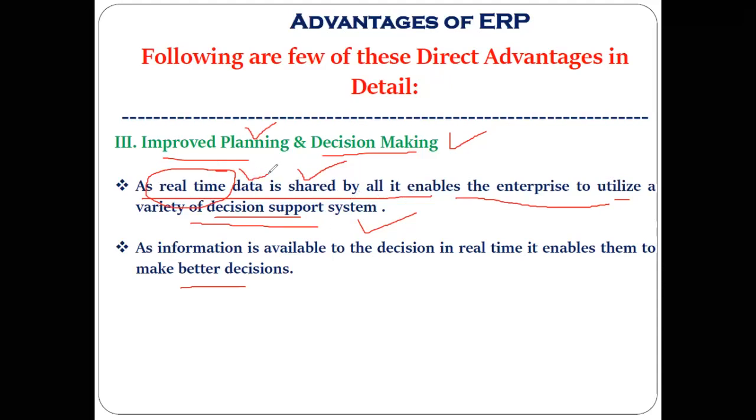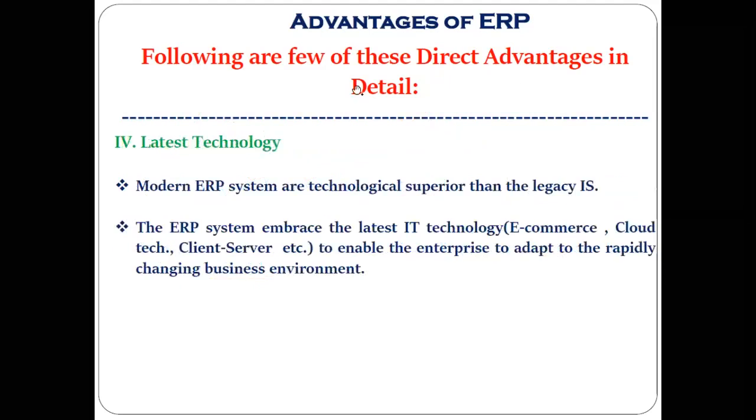If this kind of information is shared within all the enterprise's departments in very little time, with very little delay, definitely because of that, decisions can be made in real time. Very quick decisions can be made and better decisions can be made. Understood? So this is nothing but the third direct advantage because of the ERP, that is improved planning and decision making. Okay. Then next we have the next direct advantage, that is in the form of the latest